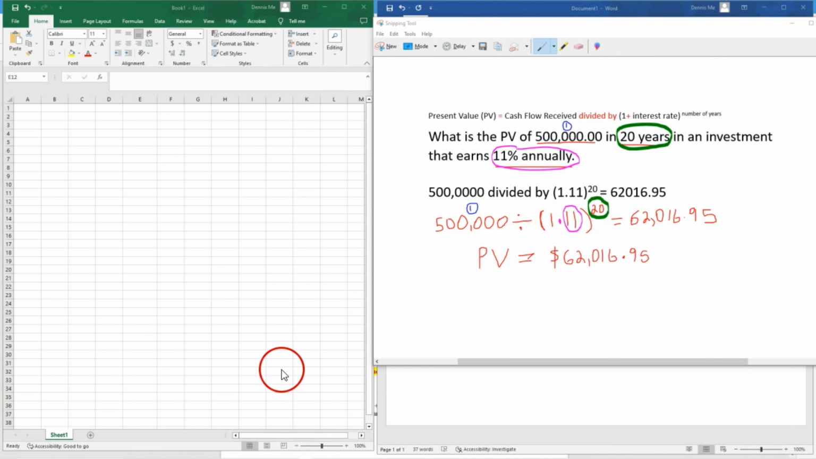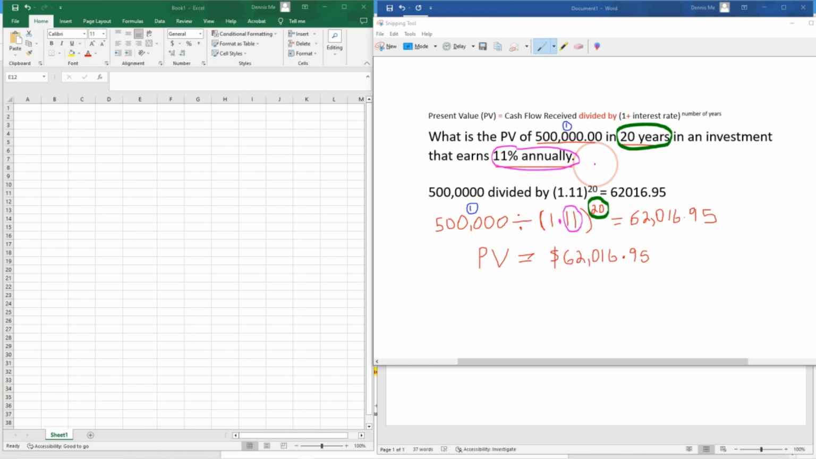So look at this particular problem that's laid out here. If you're promised that in 20 years you would have $500,000, you have to make some investment today. That's this number here, $500,000 in 20 years. And you know that the rate of return would be 11%